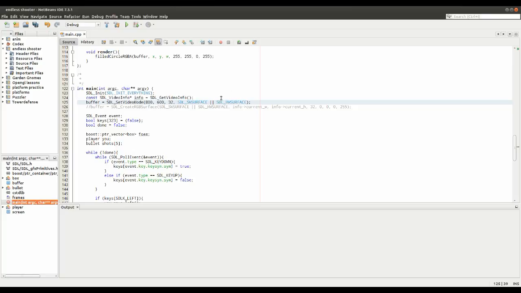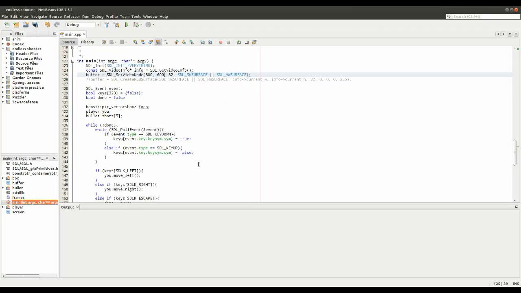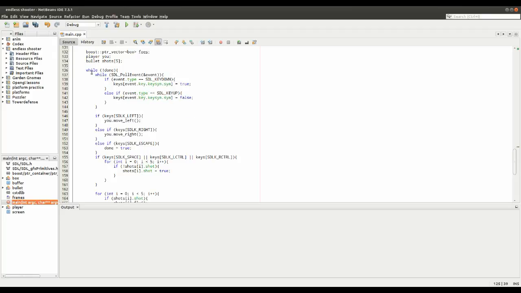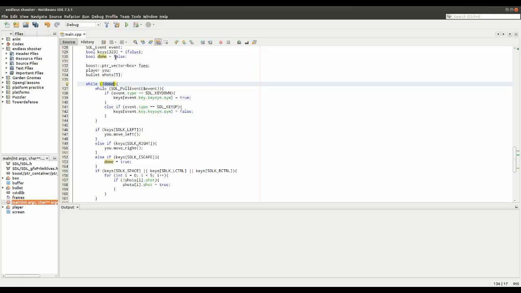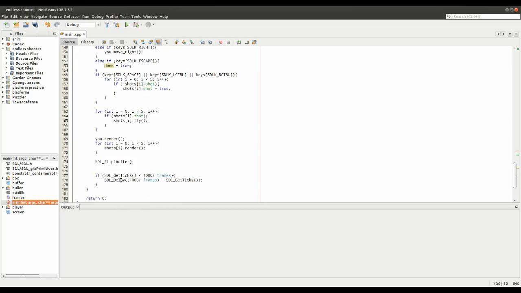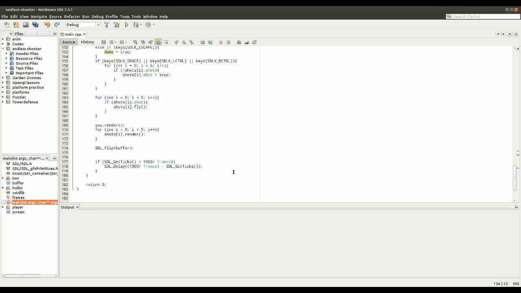But some of the things I did while that video had been recording was I put together the basics of our main while loop here. This is our main loop. It says while it's not done, where done is the boolean up here, which is false. So while it's not done, you do all the code that is enclosed within this loop,